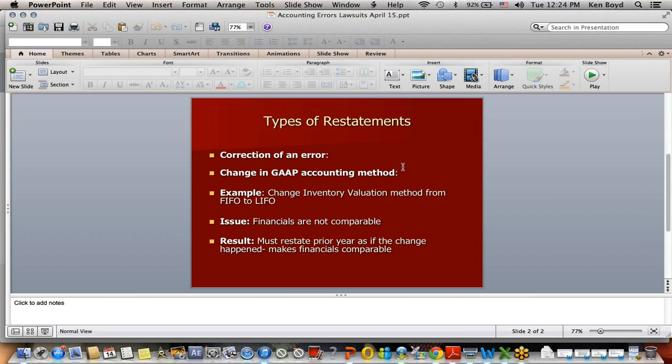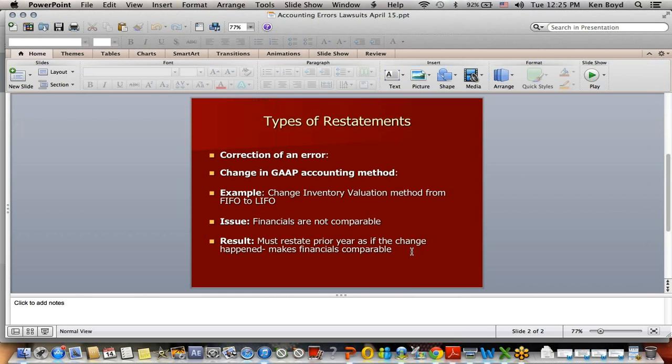So let's talk about restatements for a minute. There's two big ones that I discuss in a blog that I'm going to go to in just a minute. The first one is correction of an error. So if there's an error in the financial statements, and what we're talking about is an error that you find in year two, it applies to year one. Common sense says you've got to go back and correct the year one records, because you can't have financial statements out there that are knowingly incorrect.